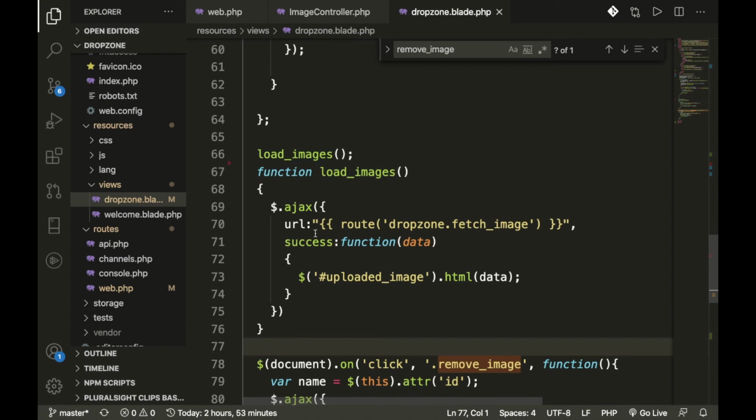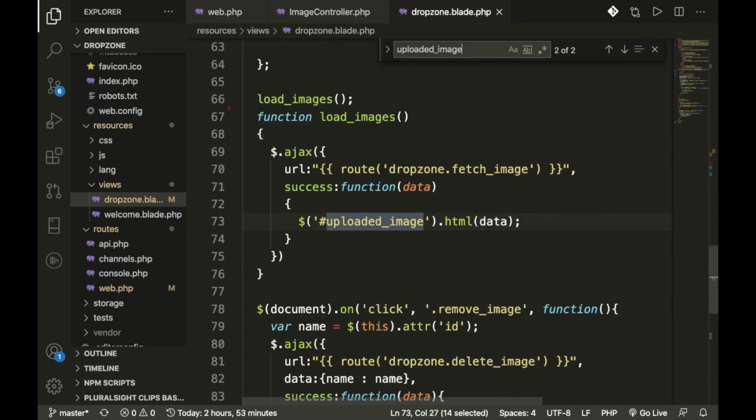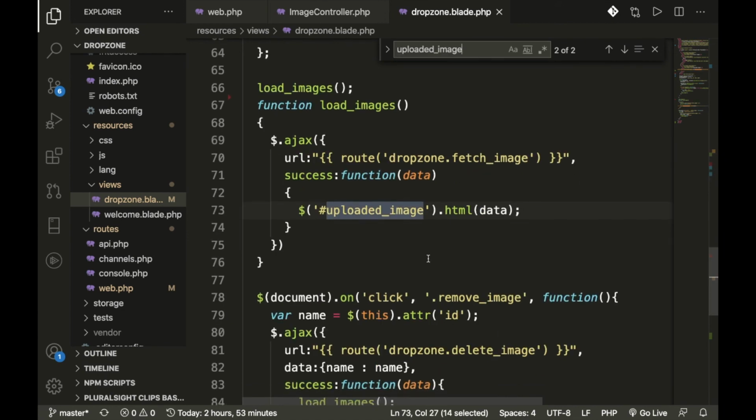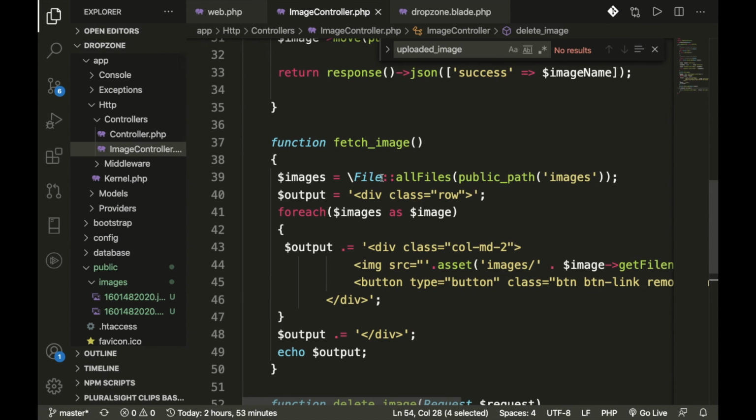We fetch the data, and we append this HTML to the id, upload images. Let me show you, we have the div, and we append here. Scroll down here, and then we have the delete method, which we pass the name and delete the file, like a gif, using this method.